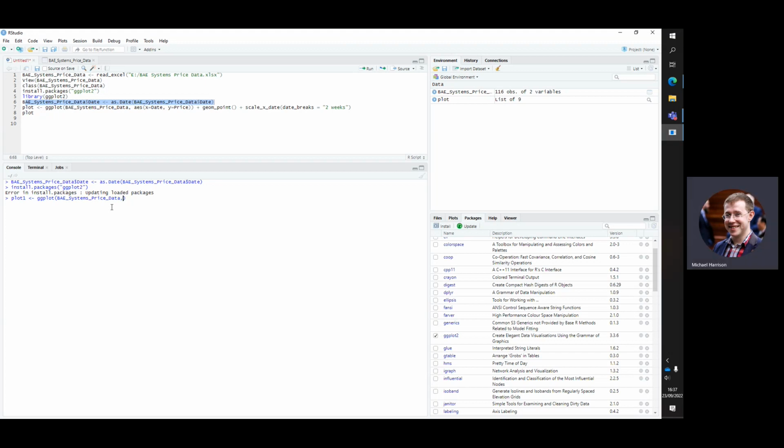Now I do comma, space. Now I need to tell it what axis should be plotting which variable. AES is the abbreviation for axis. Now I'm going to open another set of brackets. X equals, well, the custom is you put date on the x-axis, so I'm going to stick to that, comma